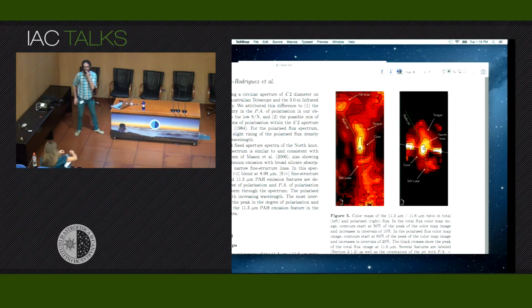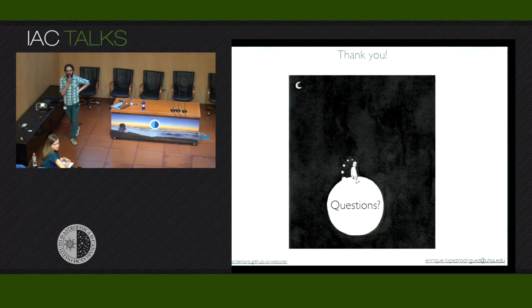Okay, very nice talk. I was wondering, because I'm sure that for Cygnus A there are already some VLBI data in radio as well. I was wondering if you have compared this data with your synchrotron model, how they compare, how they fit and match each other. Have you done this? Would you say in total flux or in polarized? Because I'm not familiar with polarized flux in VLBI.